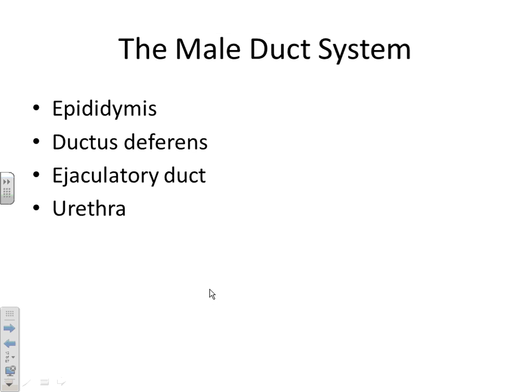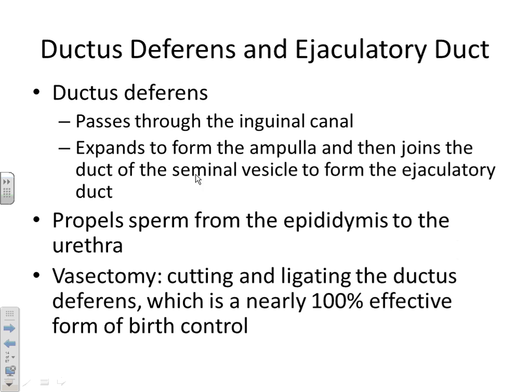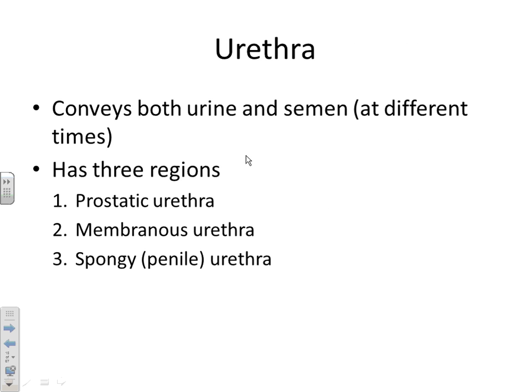Now taking a little bit closer look at exactly what's going on through the ducting system. Within the epididymis, that is where the sperm, as I said, are going to mature and become motile. We then move through the ductus deferens. In the ductus deferens, nothing happens to the sperm. It just moves through the area. Once the sperm then enters into the different portions of the ejaculatory duct and the urethra, that is actually where